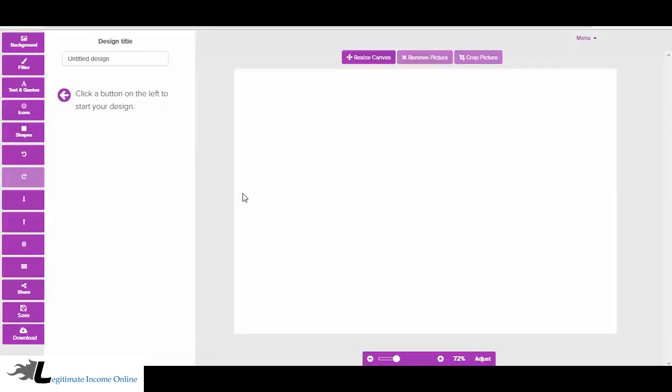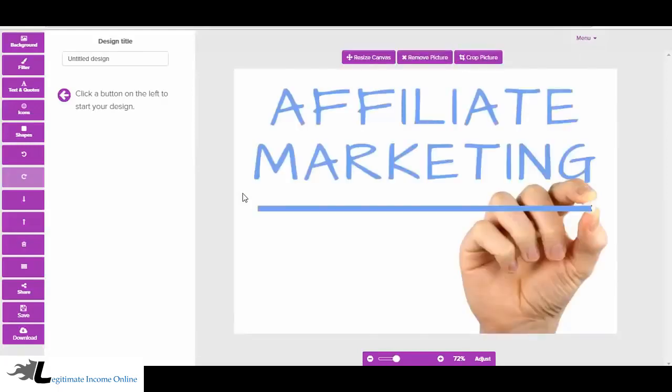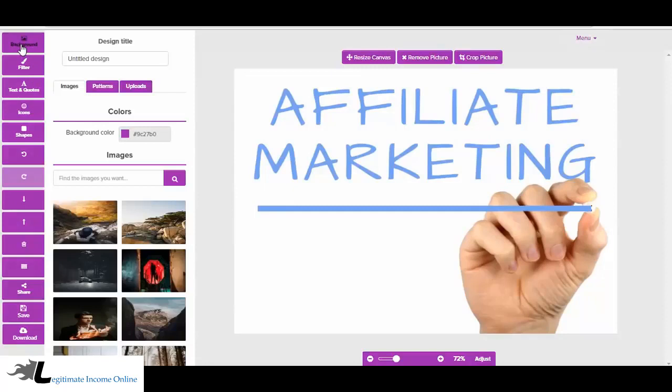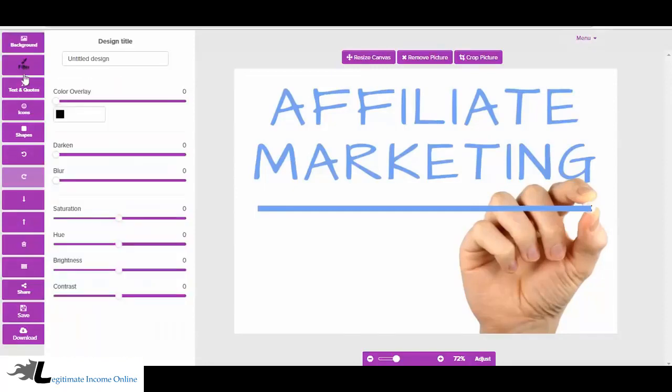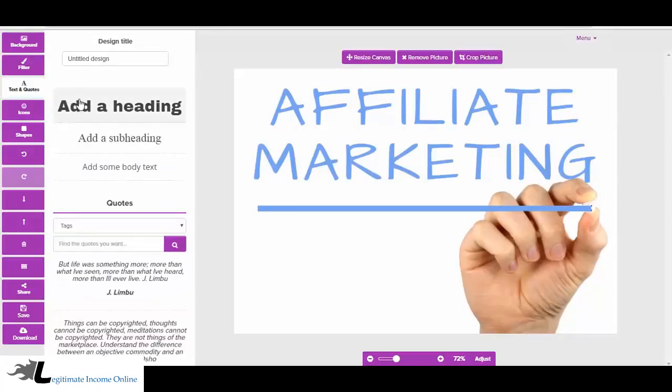So that allows me to edit this image, which happens to be a Creative Commons image, which means it doesn't have any copyright issues. So I can use it for my marketing purposes. And what you can do here, guys, you can add backgrounds. We'll have a look at that in just a moment. You can add filters, but what I want to show you now is another really cool feature,